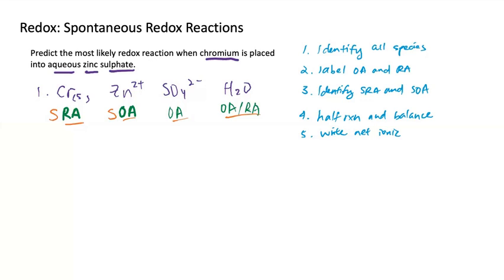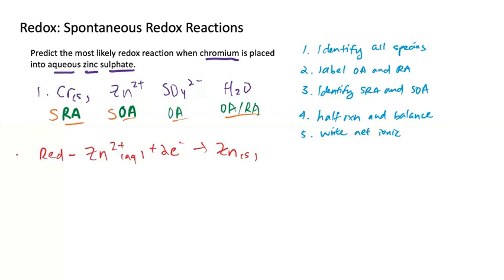Number 4, we can write down the half reactions. What I do is copy down from what I see on a chart, or you can just use common sense and write it down yourself. It's up to you. Zn2+ plus 2 electrons gives us Zn solid, and that is our reduction.